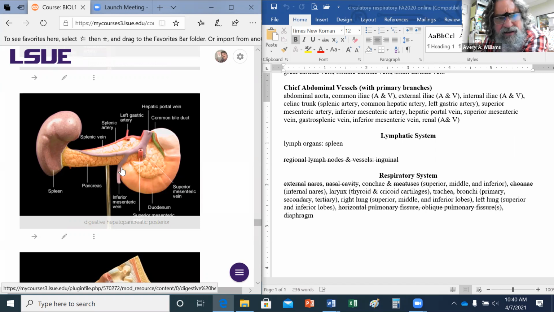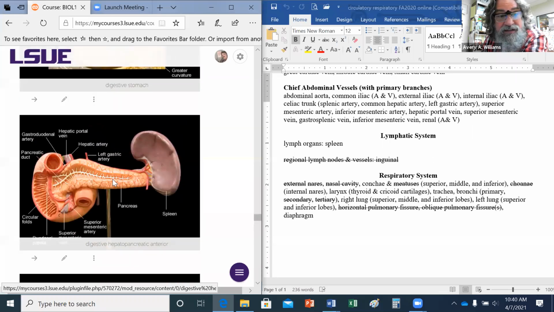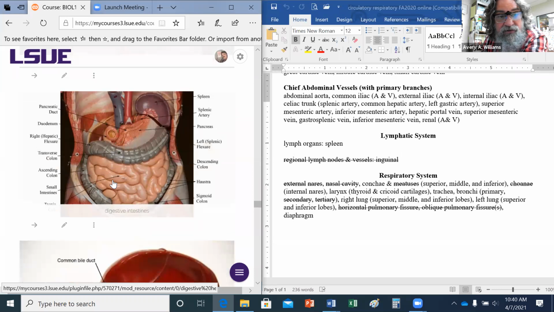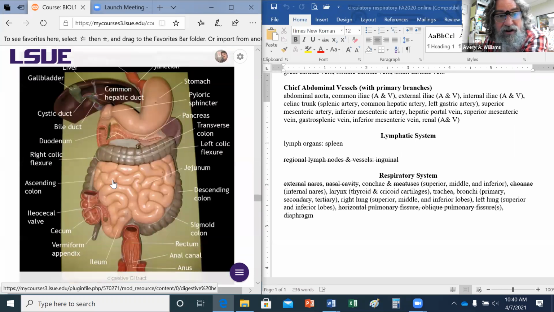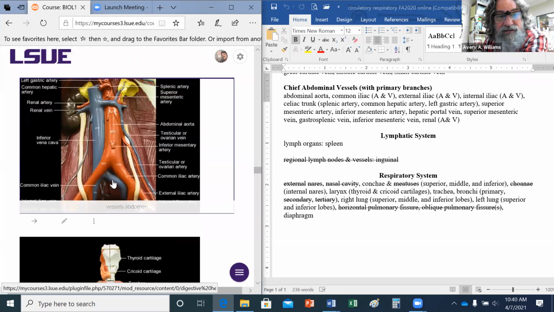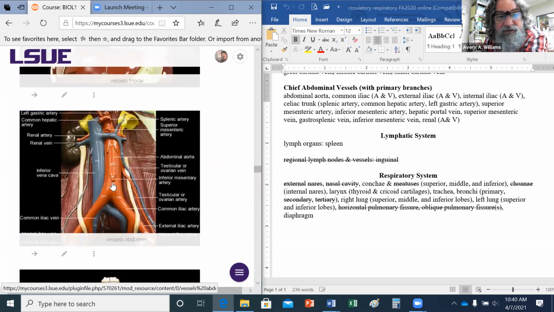They don't show you, not in this view, the inferior mesenteric artery, but you can see it on the torso model, right here. See, inferior mesenteric artery. There's 3 unpaired branches: celiac trunk, superior mesenteric, inferior mesenteric. Okay,